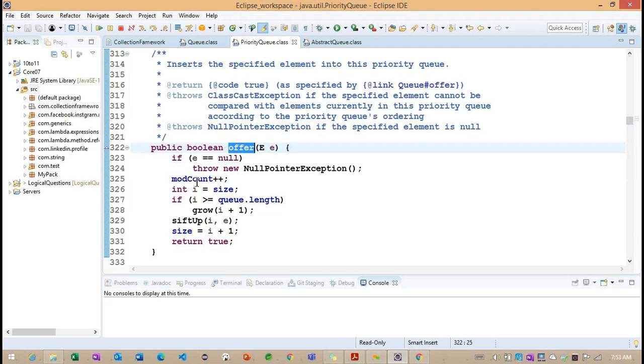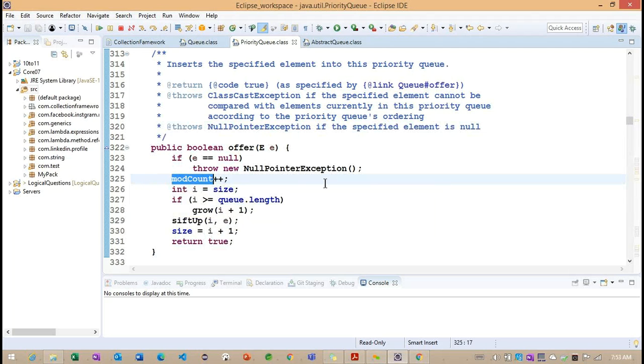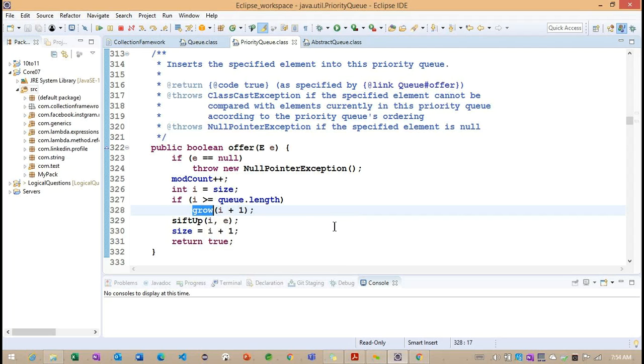To understand how many times this particular offer method is called, we focus on the modCount here, and they are trying to find out the q.length, how many elements we added. If the length is greater than or equal to the capacity, they call the grow method. So now what does the grow method do?